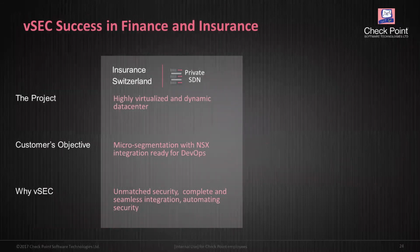Here's an example a little bit from finance and insurance companies. This is a very large global insurance company from Switzerland. They have a very dynamic and virtualized data center on premise. They decided to go with NSX for microsegmentation, and they use Checkpoint to secure the traffic for east-west, as well as to provide a single security for all the north-south and east-west traffic. And what they like about vSEC with the integration to NSX is the ability to automate things and the seamless